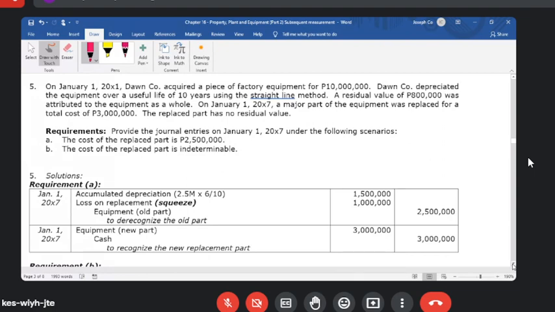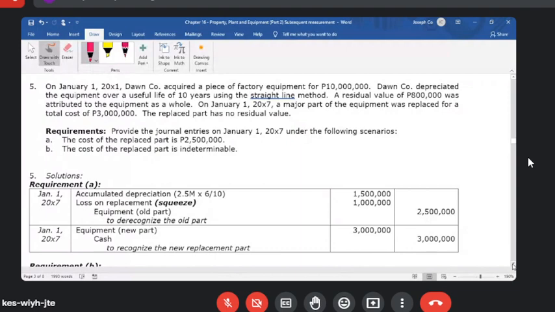And then a residual value of 800,000 was attributed to the equipment as a whole. On January 1, 2007, a major part of the equipment was replaced for a total cost of 3 million. The replaced part has no residual value. Provide the journal entries on January 1 under the following scenarios: